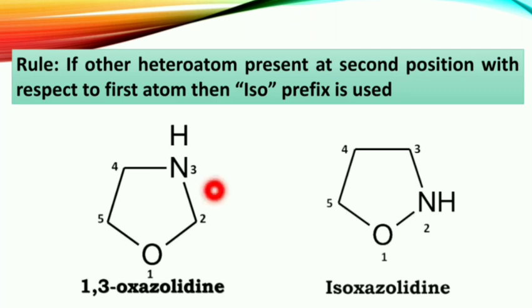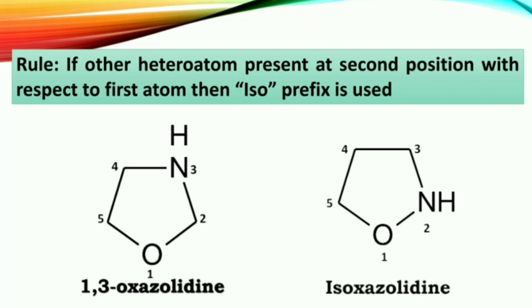You can see the structure. In this structure you have oxygen and nitrogen as heteroatoms. Here is the oxygen and this will be the nitrogen. So always remember, according to the periodic table you have to give preference to the oxygen. So you can start the numbering from oxygen, and the numbering should go in the direction in which the other heteroatom gets the least possible number. Means we have to give the least possible number to the other heteroatom present in this structure. So the name for the structure will be 1,3-oxazolidine.